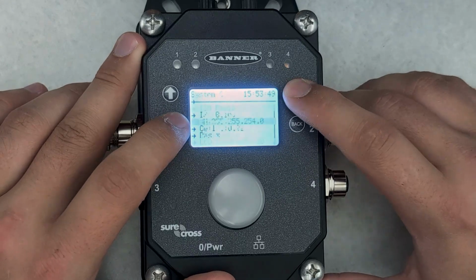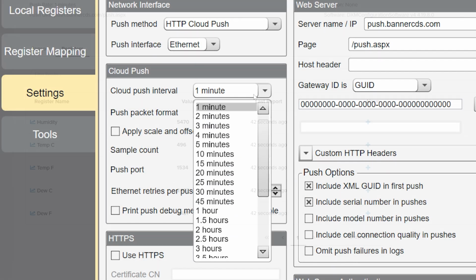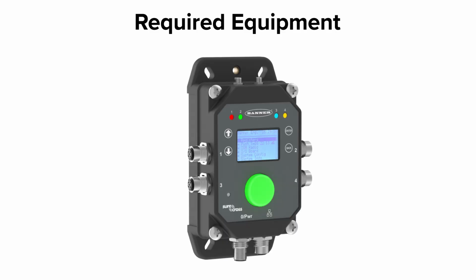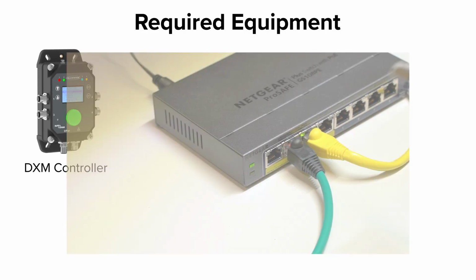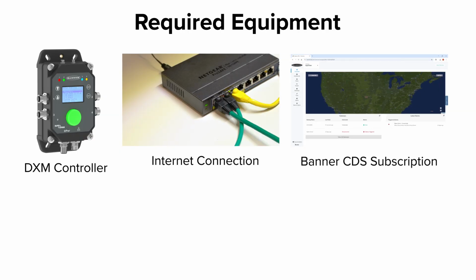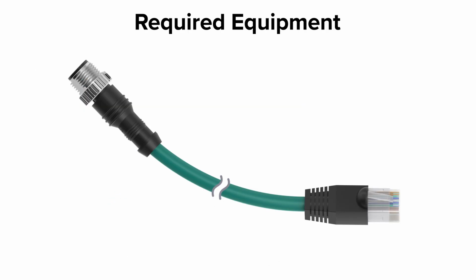This is a demonstration of how to configure a DXM controller to push data to Banner's cloud data services using an Ethernet connection. For this process, you will need the following equipment: a DXM controller with Ethernet communication, an internet connection via Ethernet, an active CDS account, sensors or other components with data to push, and an M12 to Ethernet